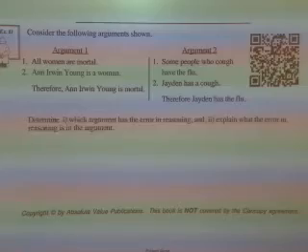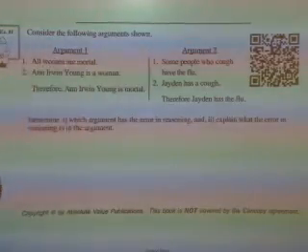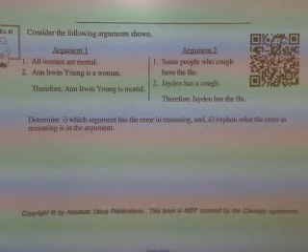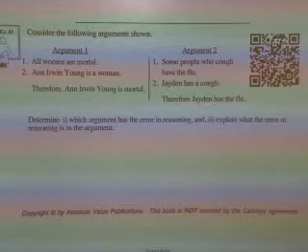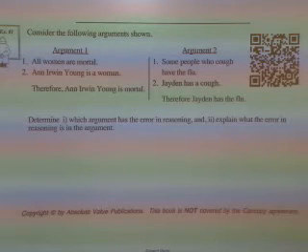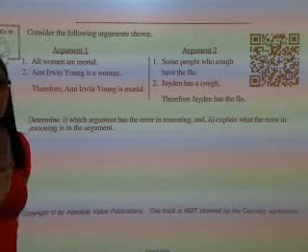So, argument number 1. Is it true to say all women are mortal? Last time I checked, maybe with the exception of Mary, we are all mortal. We will all die. If Anne Irwin Young is a woman, she will die, therefore she is mortal. That is a valid conclusion. In argument number 2,